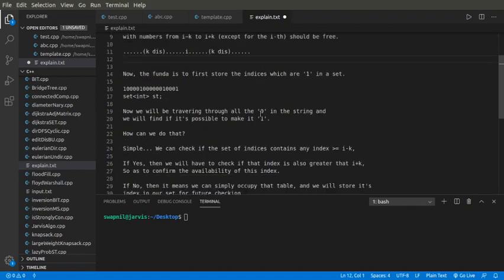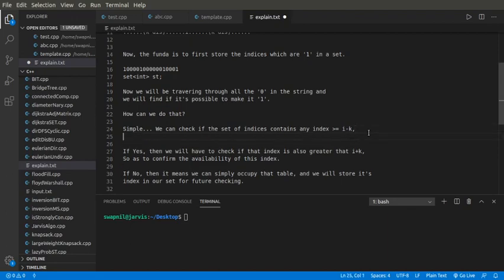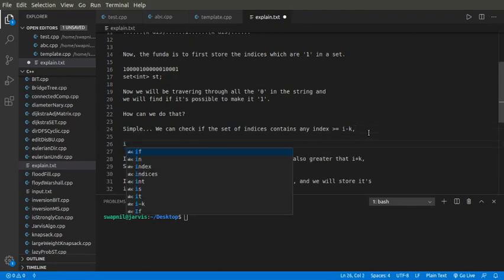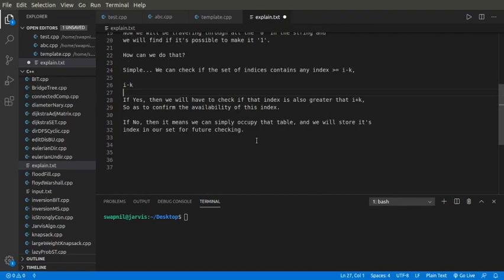So I'll find in that set if there is any index which is greater than or equal to i minus k. That checks if there is any occupied index within distance k of my currently unoccupied table.